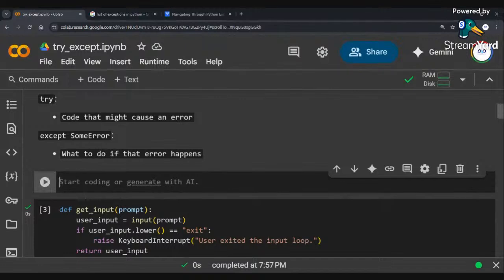So let's say, for example, we want to pass in numbers from users. We want them to be able to, you know, give us a response. Let's say we want a simple basic calculator. Let's say number one is equal to